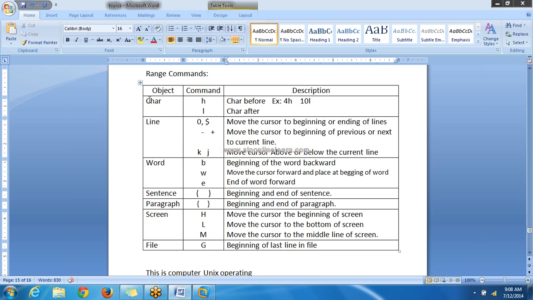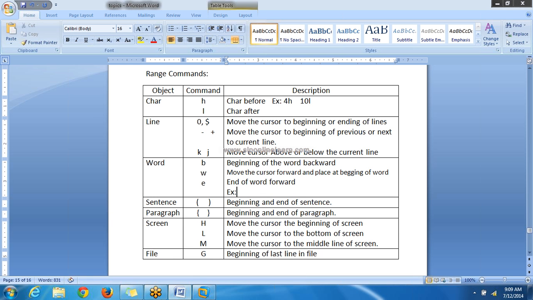So here, how to move the cursor between characters, between lines, between words, between sentences, paragraphs, screen and file. With all these commands, most of the commands we can use. Suppose I want to move some 4 words forward, I'll write down an example here. See, I want to move the cursor 4 words back, then you can use,